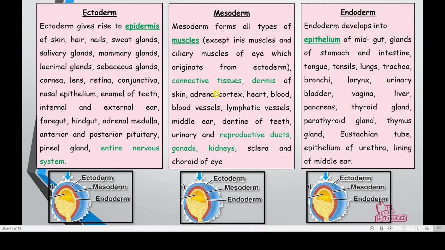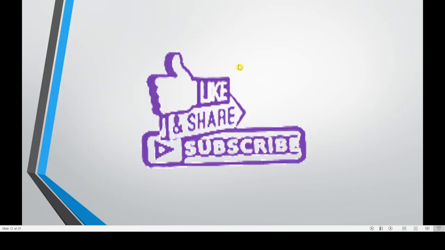Right. So these three layers are mainly responsible for the formation, or the development, of the baby from the fetus, which is developing from the embryo. Okay, so that was all about the gastrulation process. And now the next stage, the complete pregnancy, we will study in our next video.